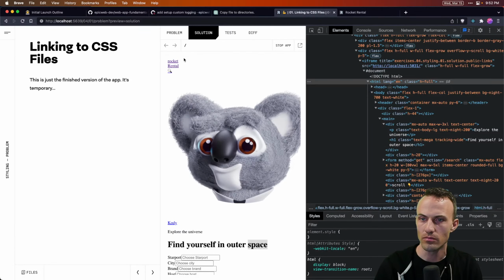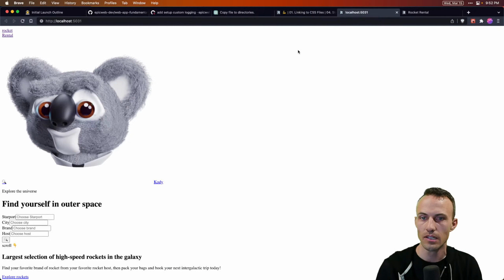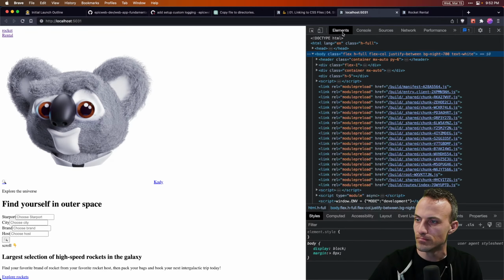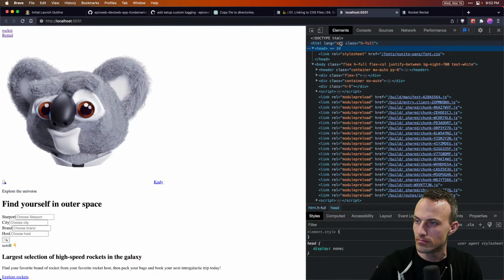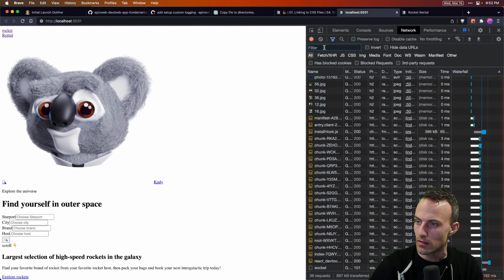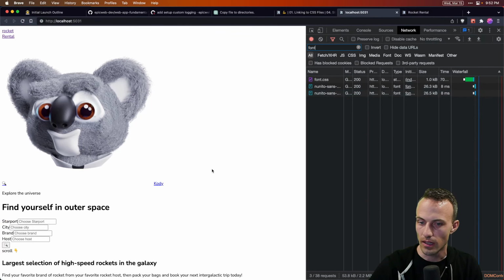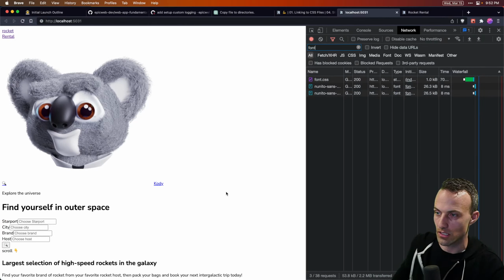Oh, this is still the, no, that's the solution. Yep, we're loading those fonts. I had it in memory cache.